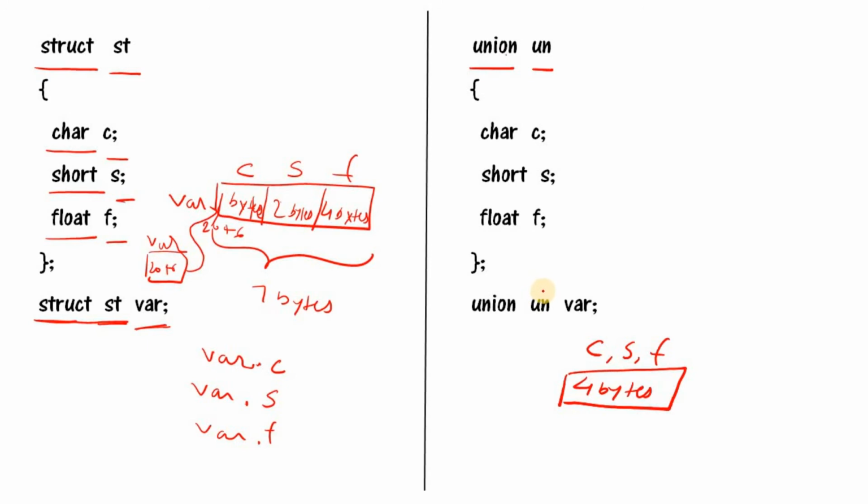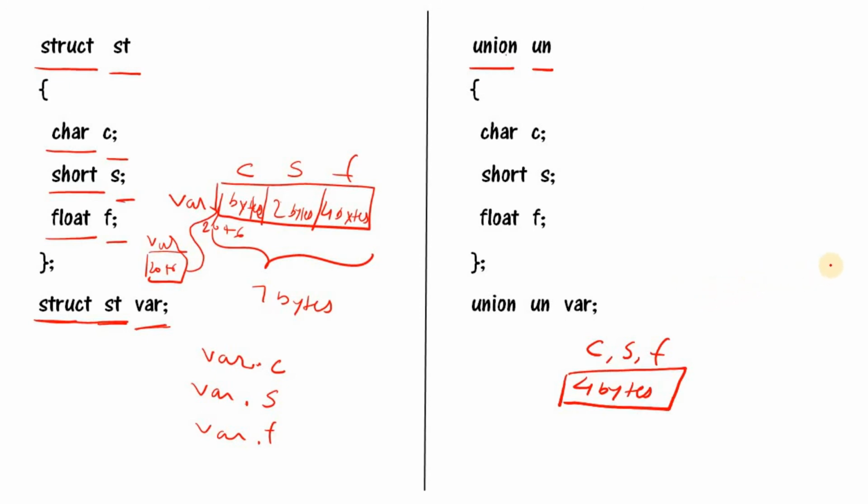If you want to access all the elements at a time, instead of union, we use structure. We should go for structure only. Then why was union introduced? Structure is easy and flexible, but it occupies much memory. In union, we used it in early days, when memory was at a premium level. Of course, nowadays no one uses the union concept. Now memory is cheap, so that's why we are using structure only. No one uses union.